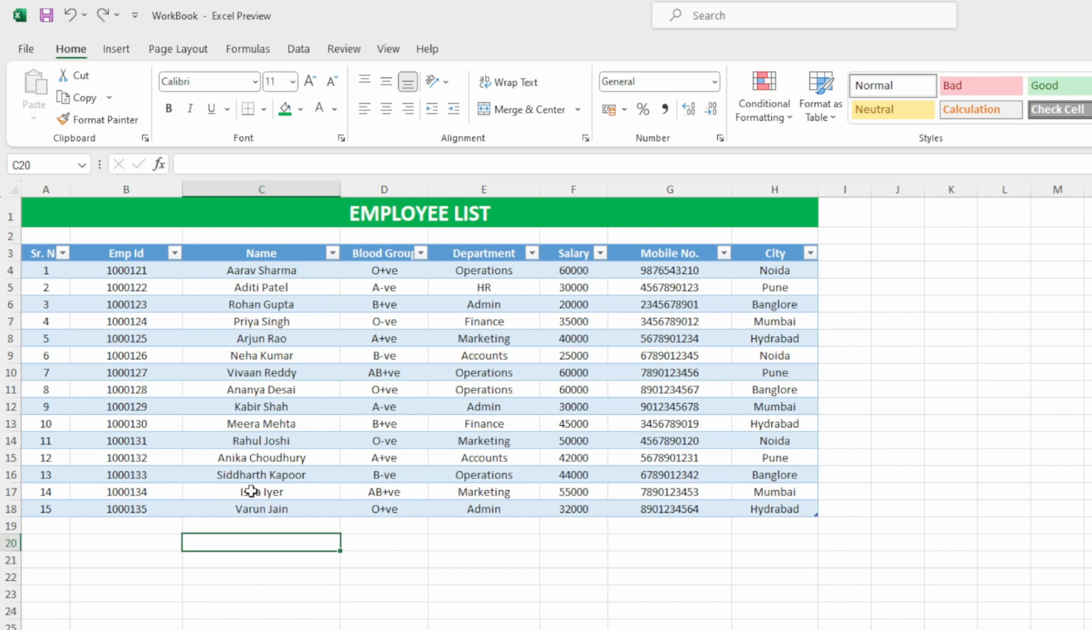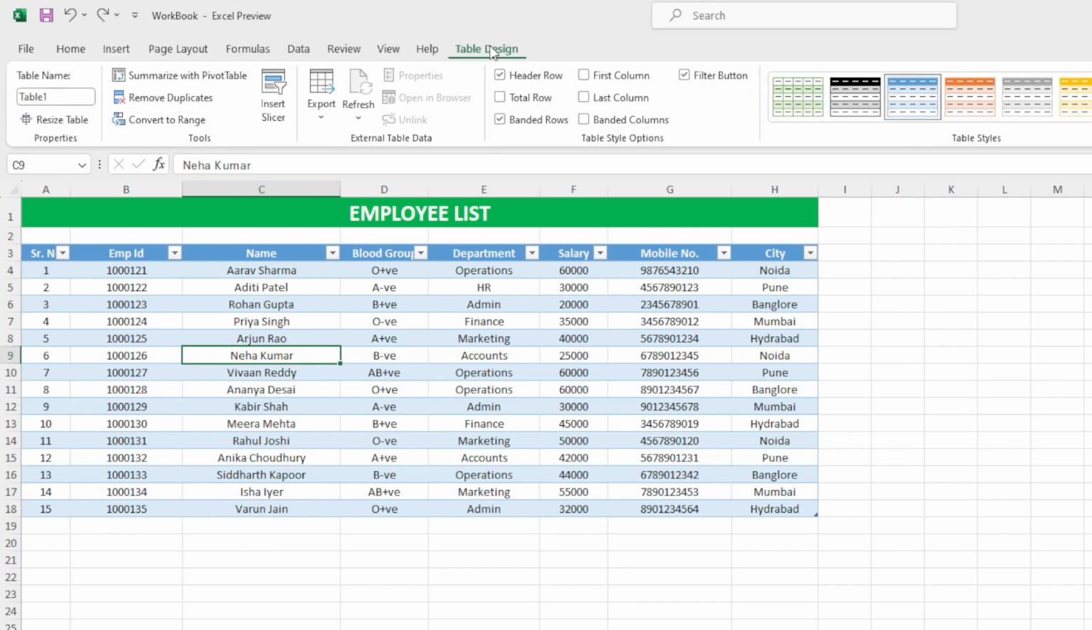So for that, what you need to do, first you can click any cell inside the table, and now you can see here the table design option popped up. If you click anywhere outside, you can see that option disappears. So now what you need to do, first we'll click any cell inside the table, we go to table design,